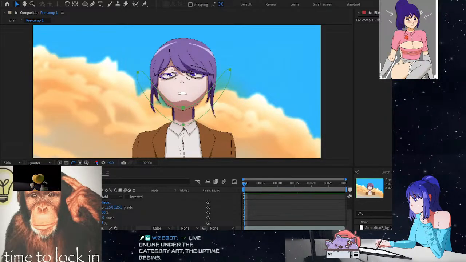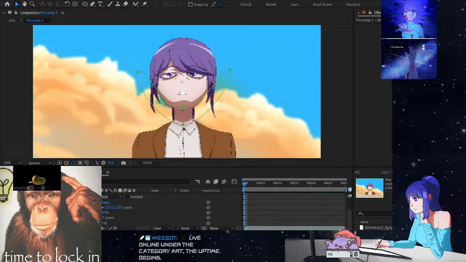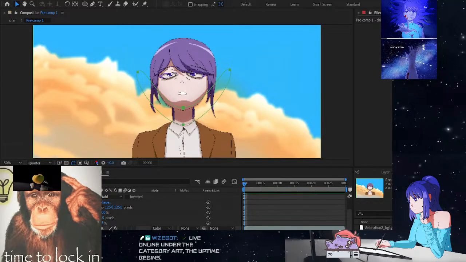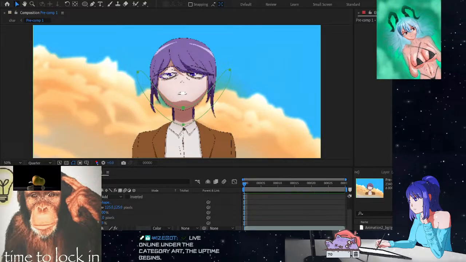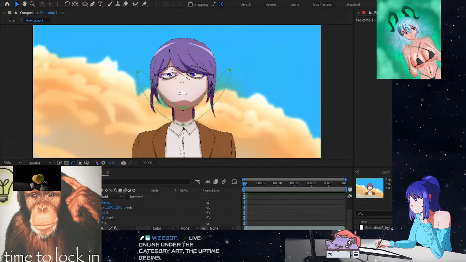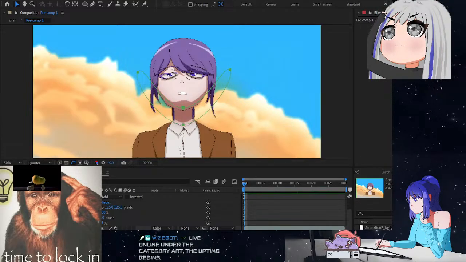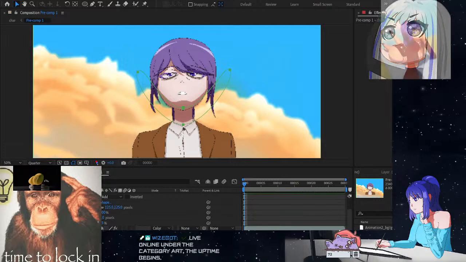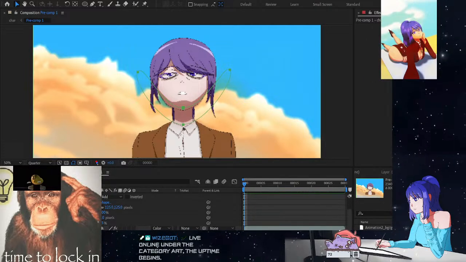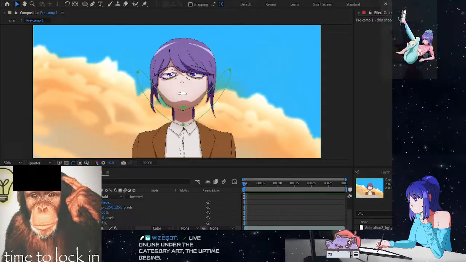Let's take a look into more advanced applications of camera movements. Parallax consists of zooming in different layers at different speeds to create the illusion of depth. A great example is here, where I have different layers for the front of the car, character, the seats, back of the car, and finally that character in the background. If I press U, you can see all the keyframes, every one of